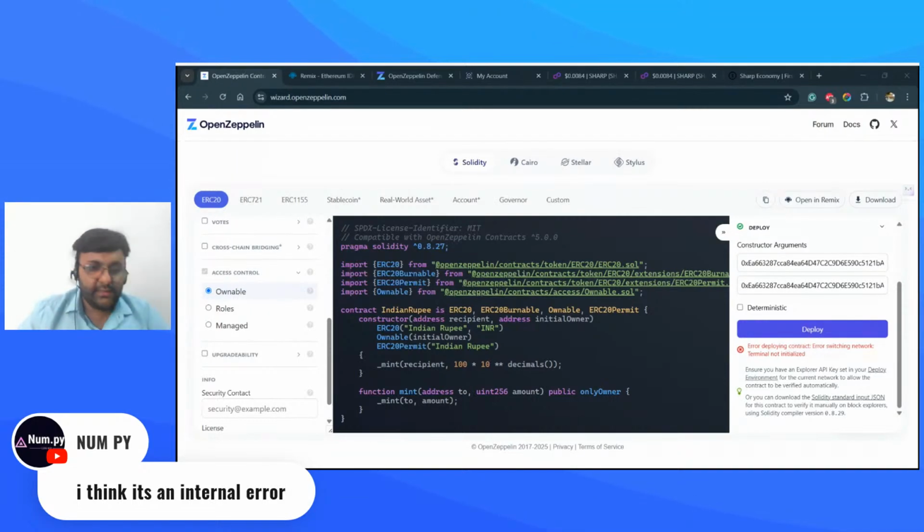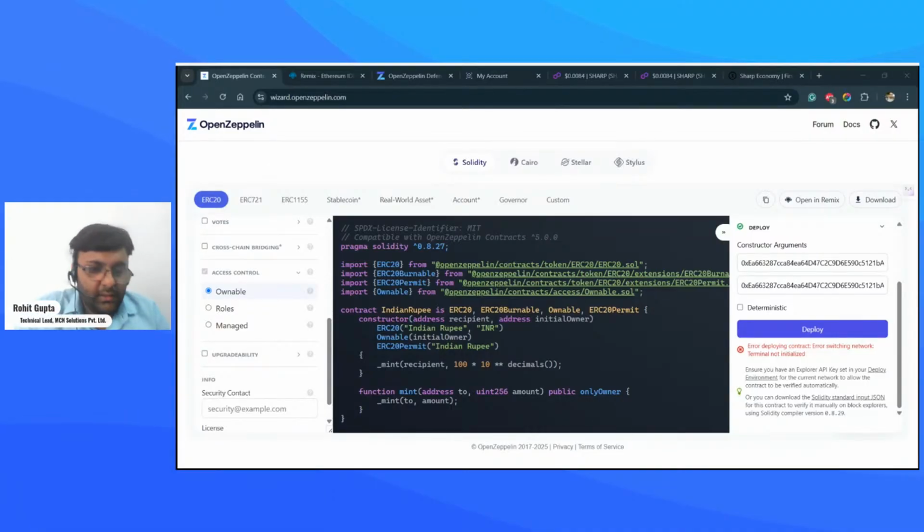I think it is an internal error. Okay. No, I want the exact reason. It says error deploying contract, error switching network. Faster, guys.